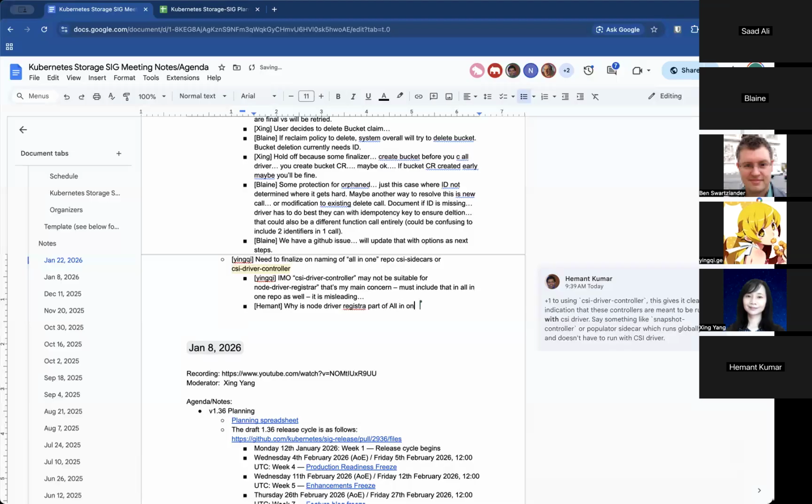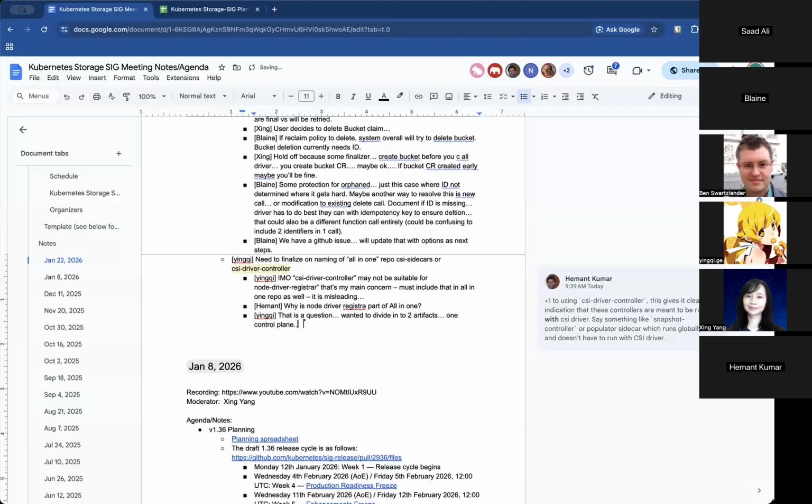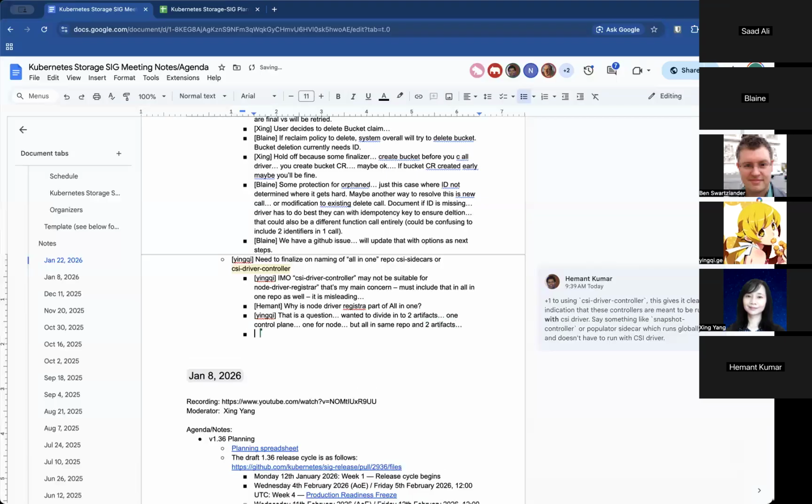We want to divide the whole CSI sidecar repo into two artifacts, one of which is the control plane, a combination of sidecar and controller, and the other the node plane, that is the node registrar, all in the same repo but as two artifacts. Yeah, that doesn't buy us anything, because there's only one node component and it has to run separately.